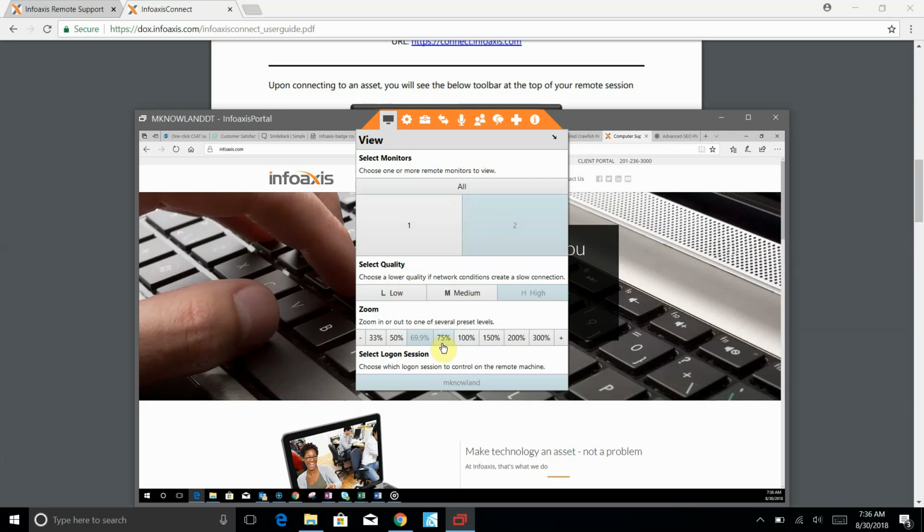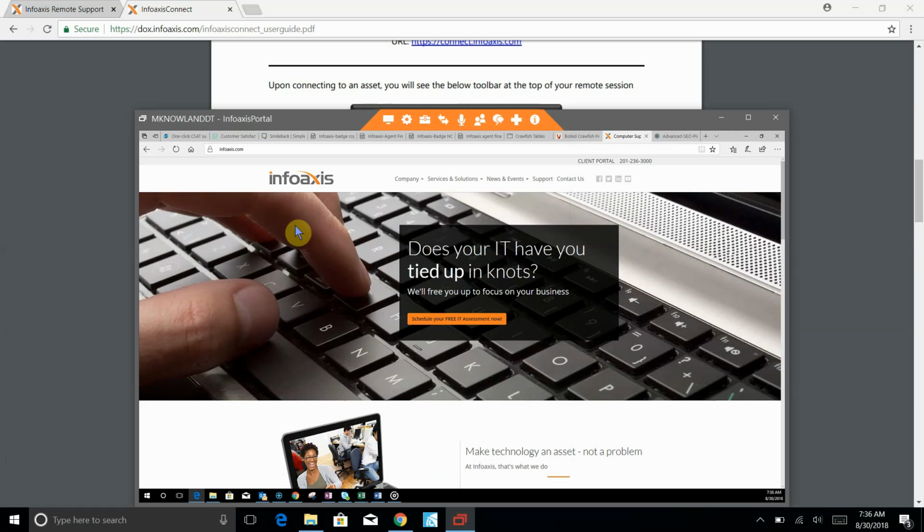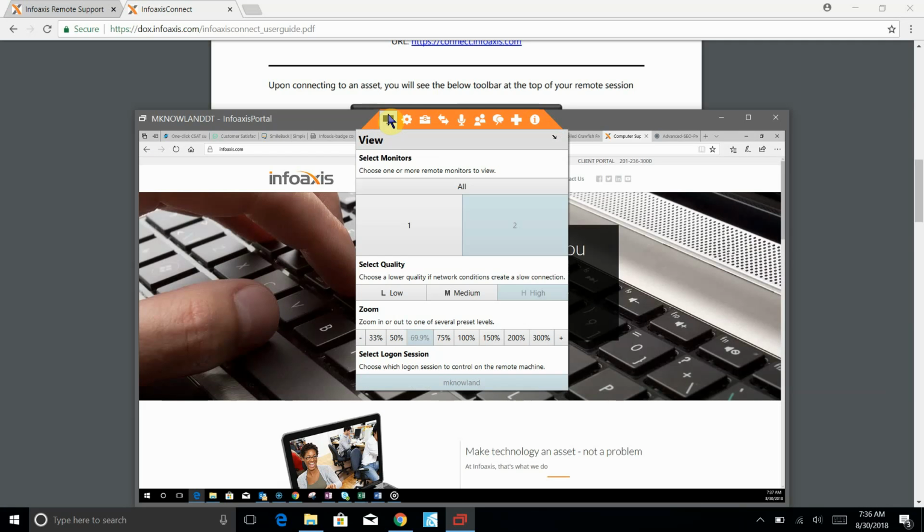We're fine where we are in terms of percentage, but you'll see here that this is a very crisp image. That's great because right now we're working off a connection that can support that. However, if you find that your session's really running slowly, one of the things that you can do is you can change the quality of the image. By lowering the quality in the remote session, it'll be more responsive as less information needs to be transferred. So if I lower it to medium, you'll see that the picture gets blurry,